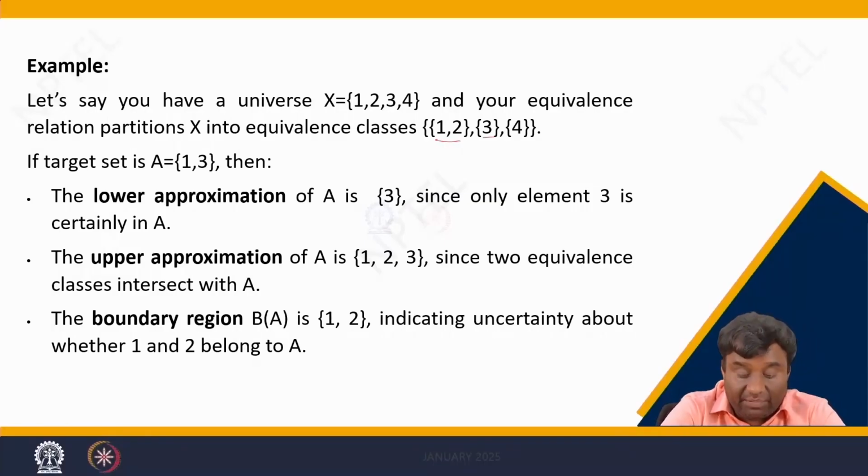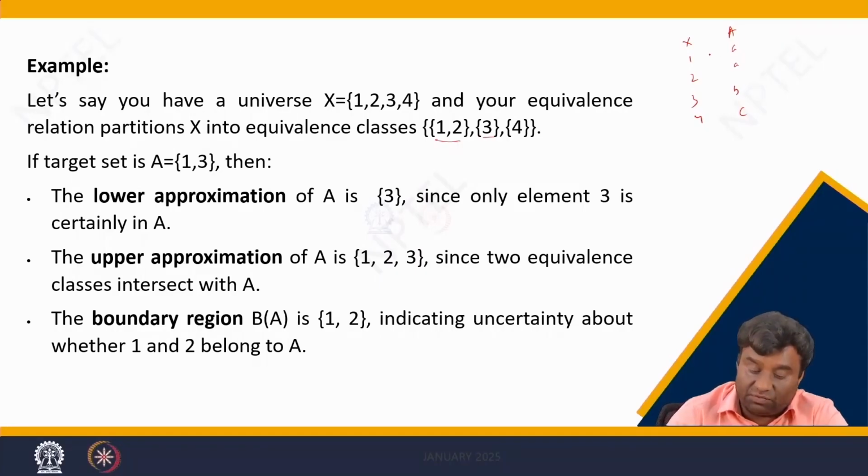Let us have a universe X equal to 1, 2, 3, 4. Here, suppose A is the attribute set, so you can write it as A, B, C. The indiscernibility or equivalence classes for A are {1, 2} and {3, 4}. Target set A equal to {1, 3}. Now here you can say that